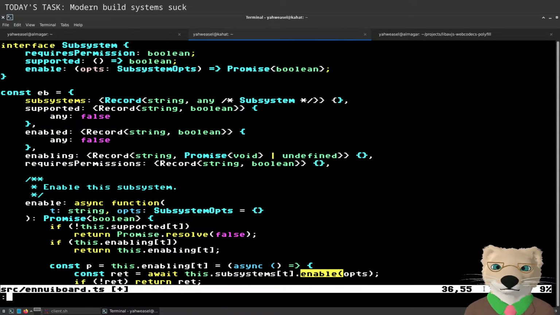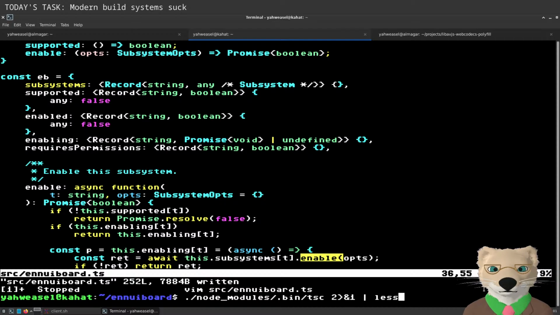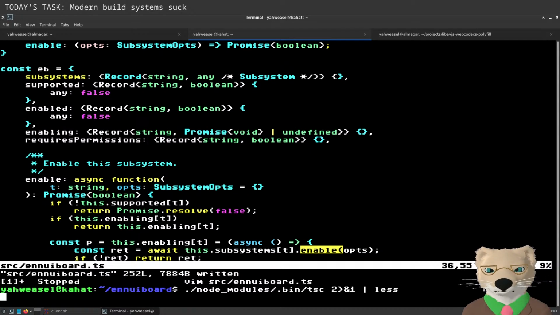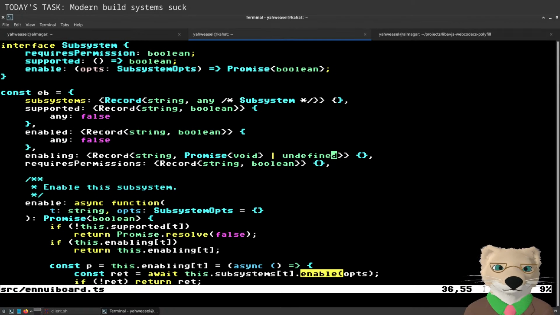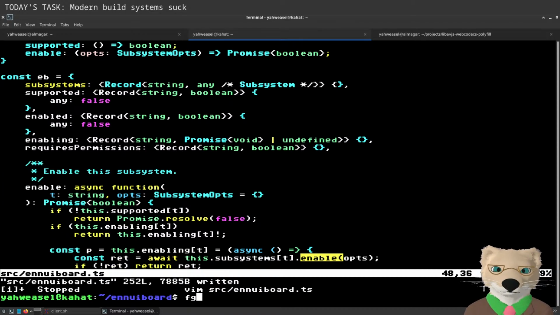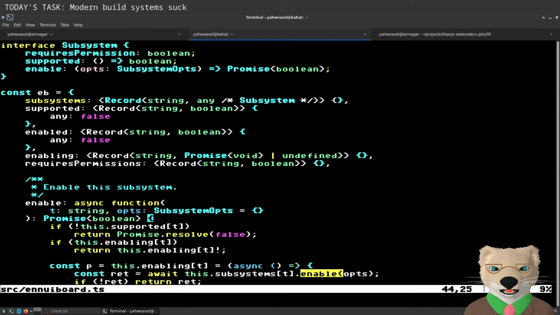I guess I have to say or undefined explicitly because it's in strict mode. Well, I know that it's not undefined. Oh yeah, and it's not a promise of void anymore. Hooray!